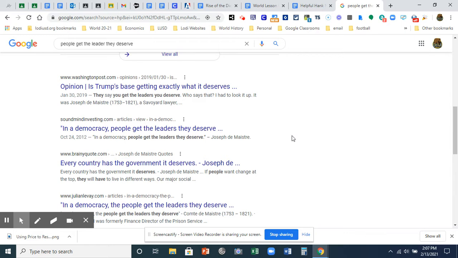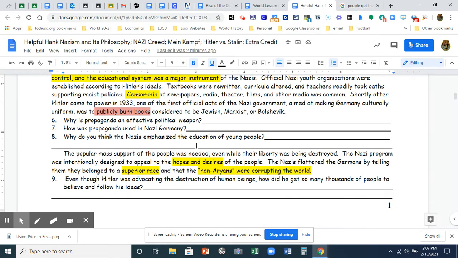Of course, a Savoyard lawyer sounds like someone from the Enlightenment around the French Revolution time, saying, "Look, we deserved Robespierre because we let Robespierre come to power." And it looks like someone is making that comparison to Trump's base. Anyway,